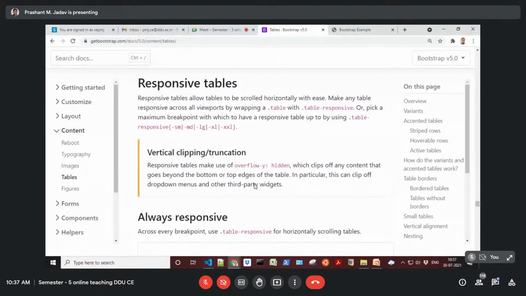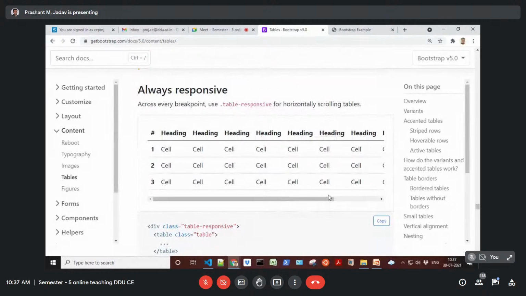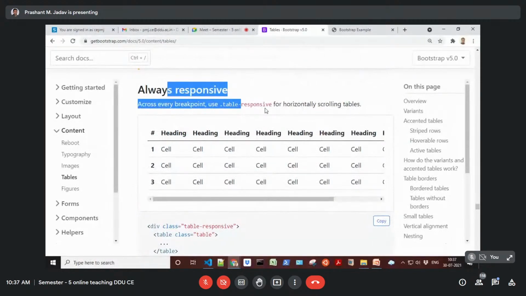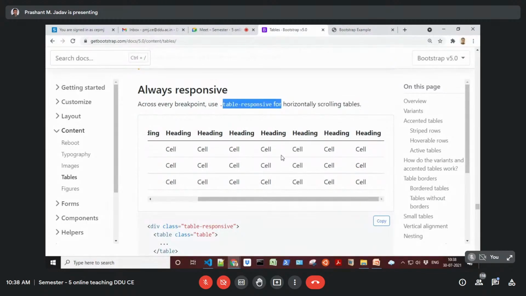And finally, we have this responsive table. Use this class, table responsive, to make the table responsive. Additional breakpoints can also be applied if you want, like for small, medium, large, XL or extra large, double extra large. When you apply this table responsive, if the number of columns is higher and exceeds the screen width, then you can use this table responsive.